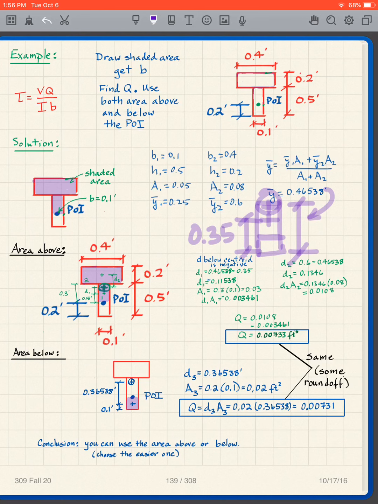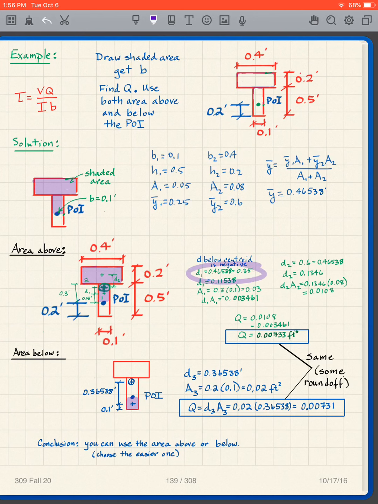So the difference between those two, 0.46538 minus 0.35, is my D1. If we look at this, we get my D1 as being the difference between those. So it's 0.46538 minus 0.35. I get a D1 of 0.11538,